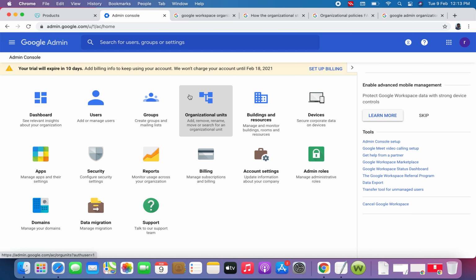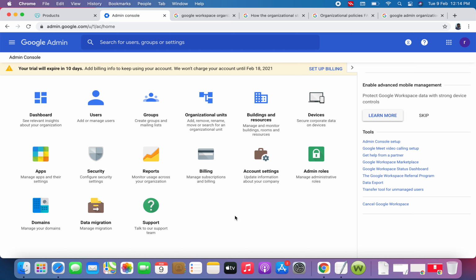units. As you can see in the name itself, that is what organizational units are. It is made of two words: one is organizational, which is a sense of separate, and the second one is units. If you divide it into two parts, as you can understand, in an organization there could be multiple units which are divided into sections.